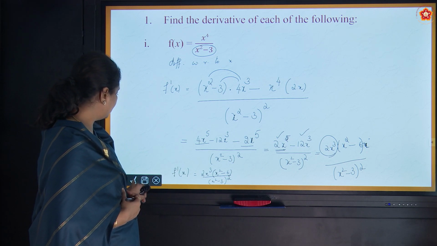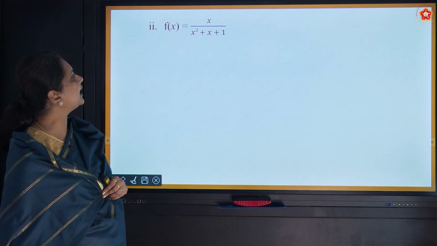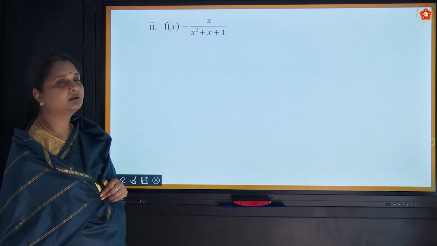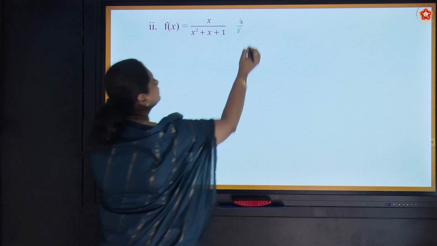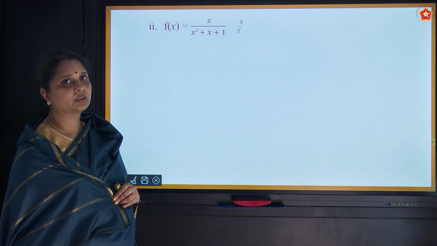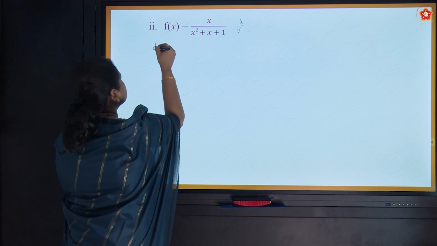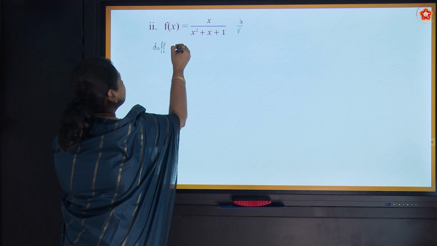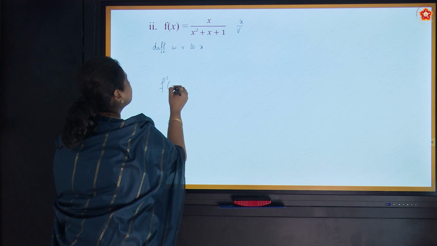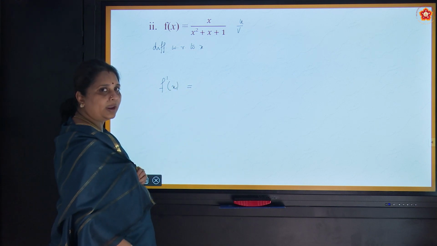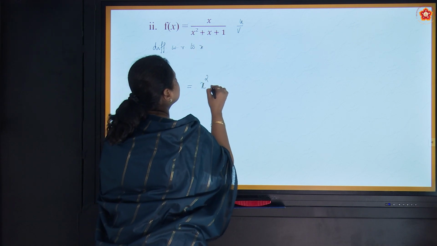So let's move on to the next question. Your f of x here is x by x square plus x plus 1. So let's see how to differentiate this. This is again a quotient, or a rational function. So it's of the form u by v. Let's see how to differentiate. Differentiate with respect to x. So we have f dash of x is equal to, square the denominator, that will come later. First we'll keep the denominator unaltered